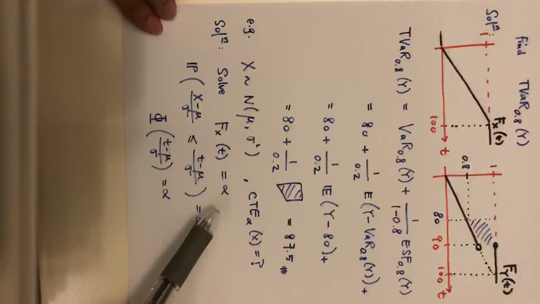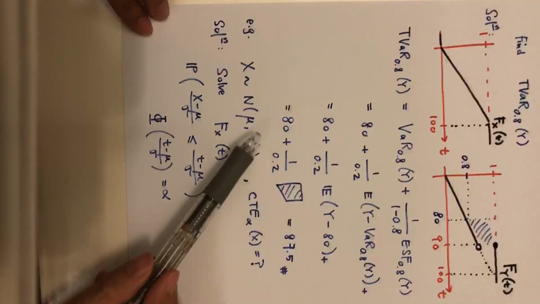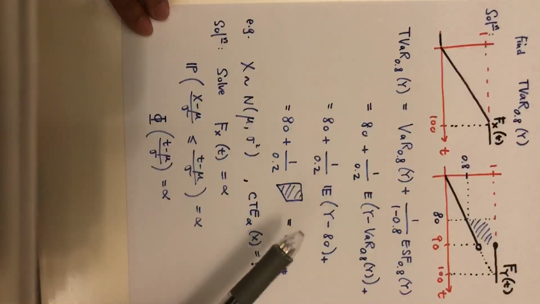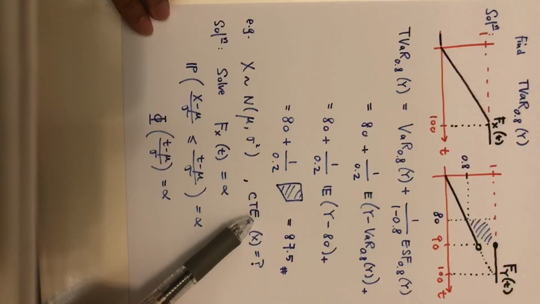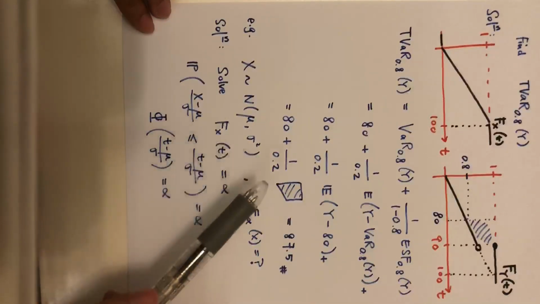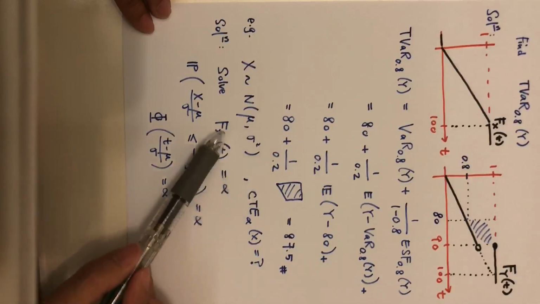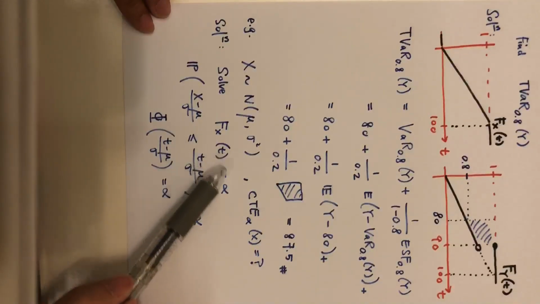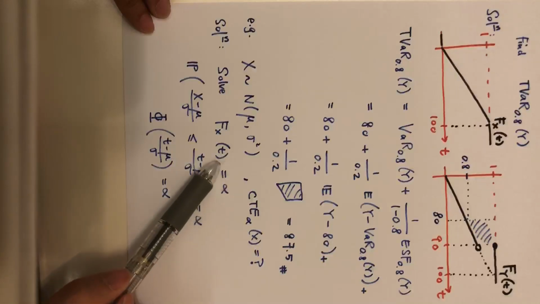The last example is more complicated. It is about a normal random variable, and we want to find the CTE. In this case, first we find the value at risk. To find value at risk, we set the CDF to alpha, and then we try to solve this equation